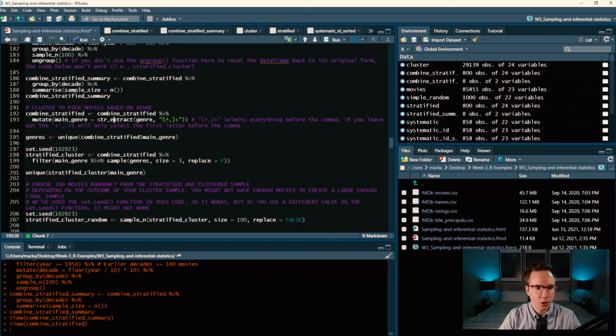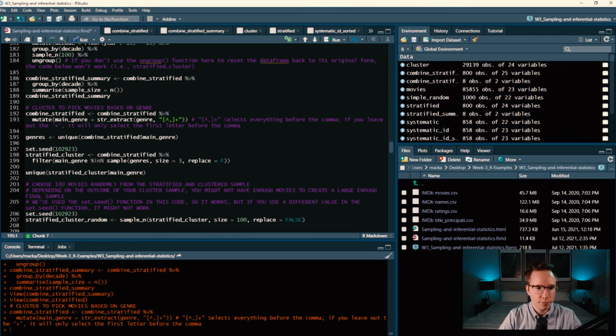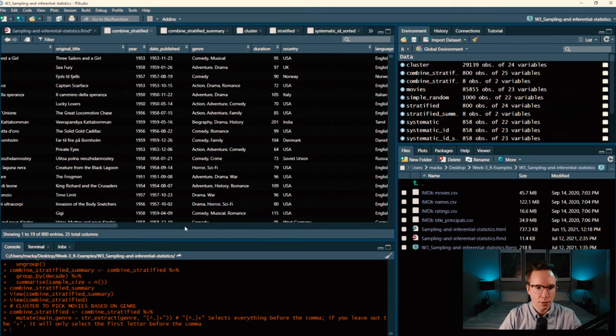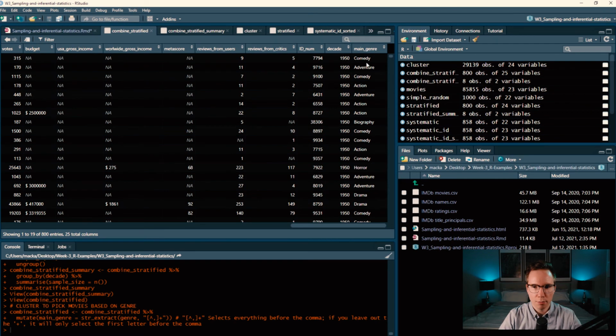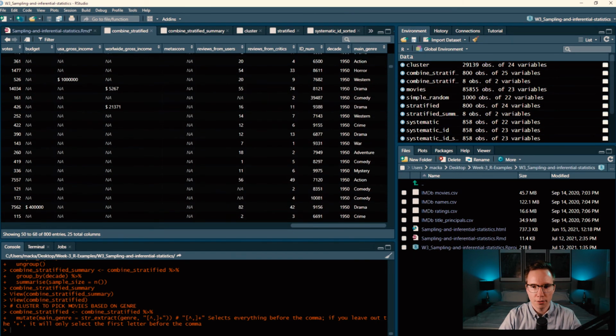So the first thing we need to do is create a new column and use the string extract function. We're going to input the genre variable, and we're going to use this basically to only select the text before the comma. It's not going to worry about anything after the comma. So I'm going to run that. Now if we look at combine stratified and scroll to the side, main genre, you can see now only has